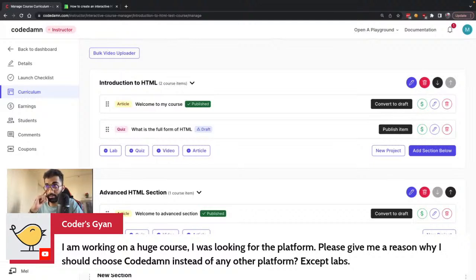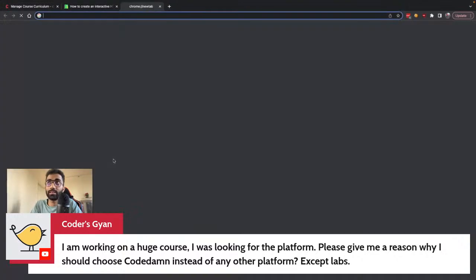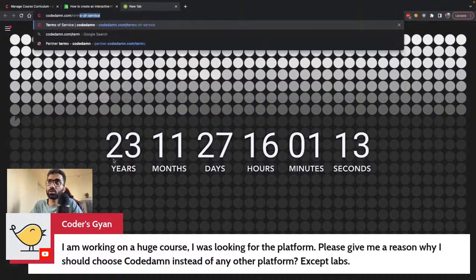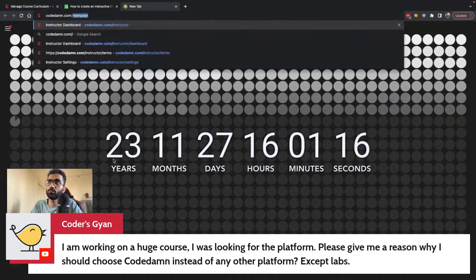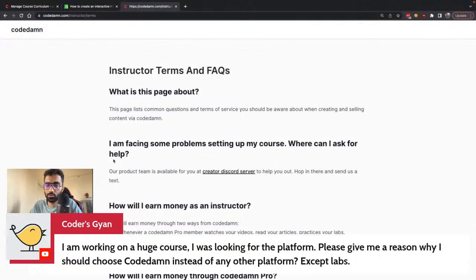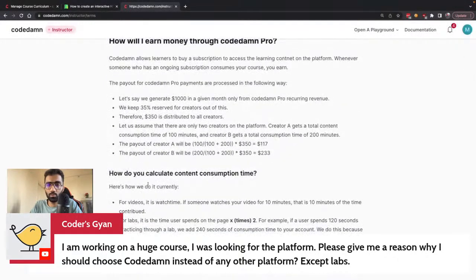But other than that, this platform is specifically made for coding related, programming related courses, and our undivided focus is to improve the experience of both instructors who are making coding courses and students who are attempting them. We are the only platform currently which includes this lab and this interactive IDE interface in an edtech manner, right? That is one thing. Second thing is, if you take a look at our instructor terms, it's very friendly in terms of the revenue sharing. You can take a look at how much revenue you can earn from the platform. It's very friendly, it's very transparent.